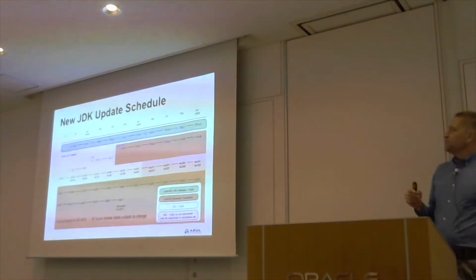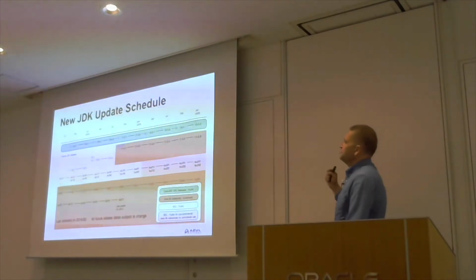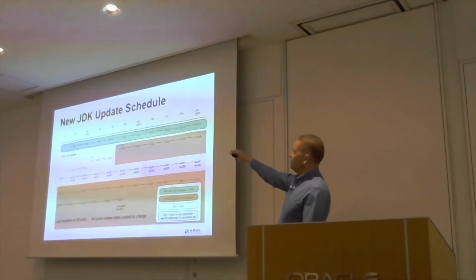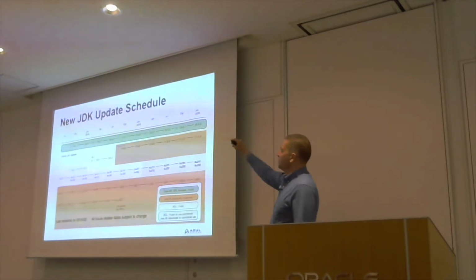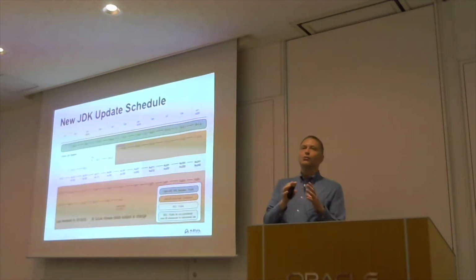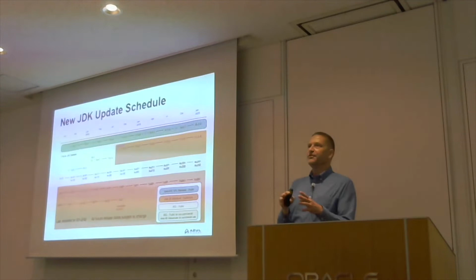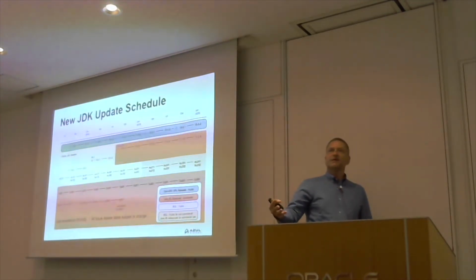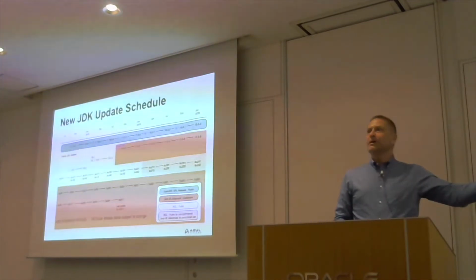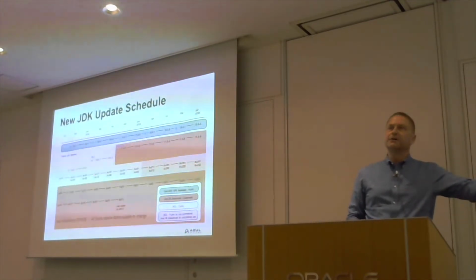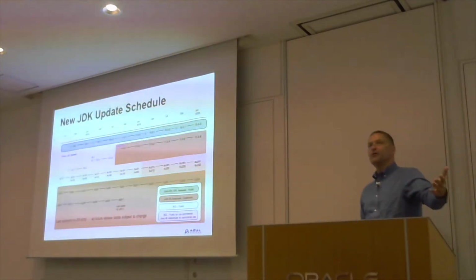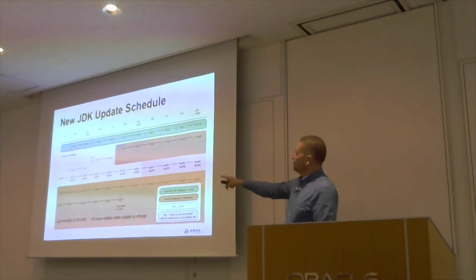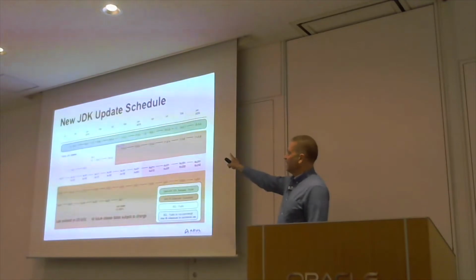Now, Oracle have put this into a diagram so you can see how this works. Again, a bit of an eye chart test, but effectively the orange parts are the ones which are only for people with a support contract from Oracle. Things like JDK 6, JDK 7, they already stopped the public updates for those some time back. You could still get support for those if you wanted, but you needed a support contract. The same is going to happen with JDK 11.